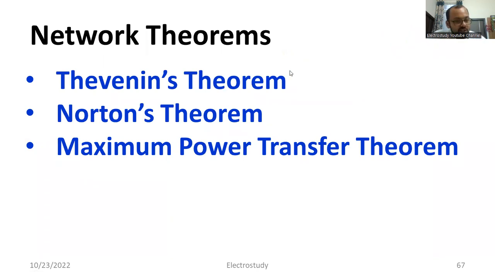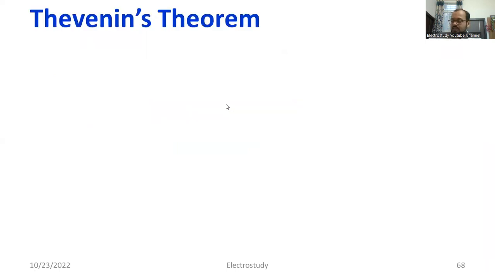So my plan of action: I would like to cover Thevenin's theorem, Norton's theorem, and the maximum power transfer theorem. These are the theorems I am going to explain in brief. Let's get started. Sorry, first of all, I would like to discuss Thevenin's theorem. Later, I'll come back to Norton's theorem. Both are similar. I will tell you how they are closely similar, and how we can interpret the various types of